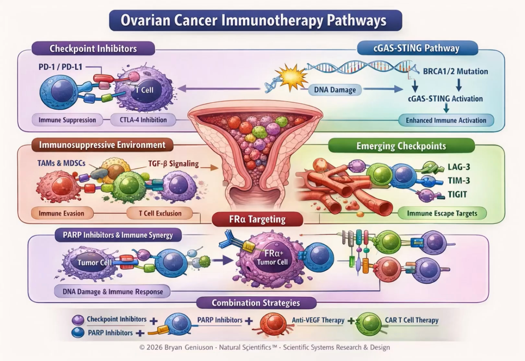Fragments of damaged DNA may enter the cytoplasm of tumor cells, activating an innate immune-sensing pathway known as cGAS-STING. Activation of this pathway promotes type 1 interferon signaling and enhances immune recognition of tumor cells. This molecular relationship helps explain why therapies that increase DNA damage, such as PARP inhibitors, may enhance immunotherapy responses in